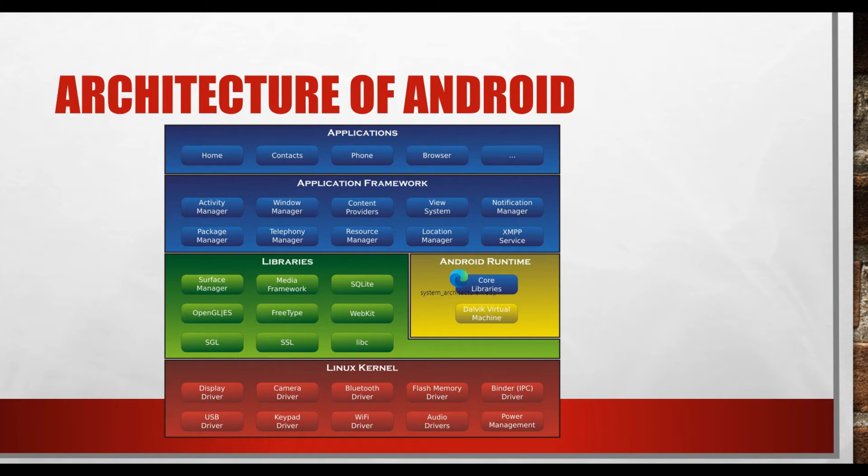The WebKit library is used by web browsers like Google Chrome, whatever browser is available in our Android device. In order to perform browser activities, it requires WebKit. And we can see OpenGL. This is also one type of library, and it is used by many games. In the Android device, we'll be playing games and doing animations and graphics, right? So this is required for that.